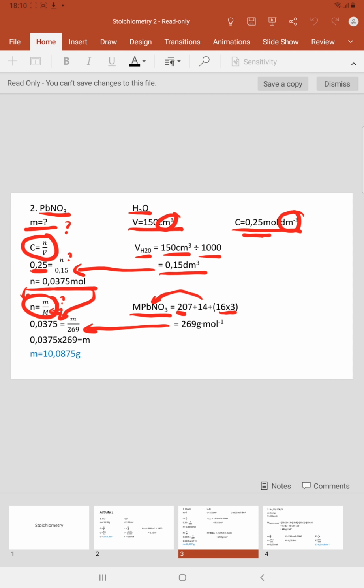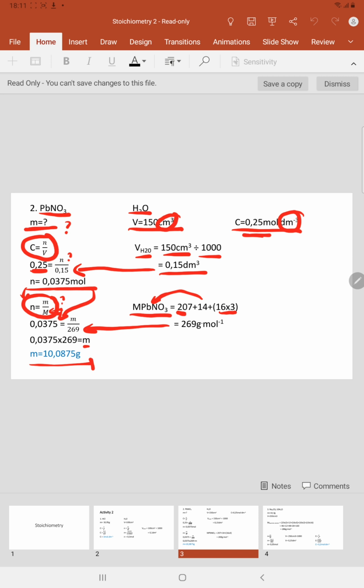This allows students to get all substitution marks instead of substituting values in the incorrect place and losing all marks. During this stage, students then manipulate the formula to make M the subject of the formula. The mass is then